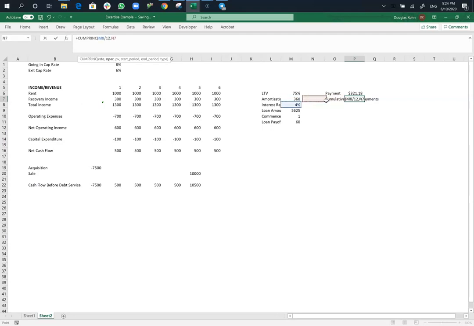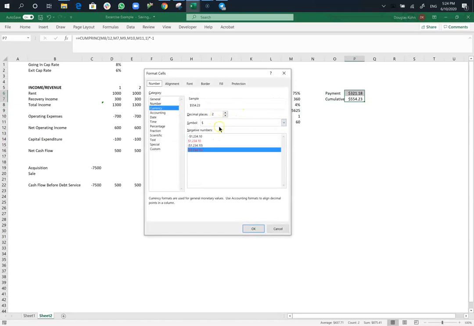We take the rate, number of periods, the present value. But we just have to add in the start period and the end period. And it's made at the beginning of the month. Make that a positive number. And since we're taking away formatting for now,